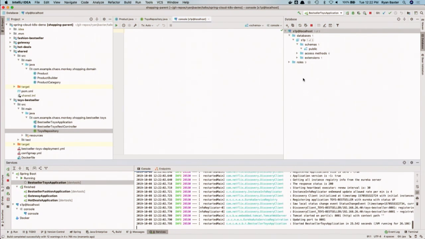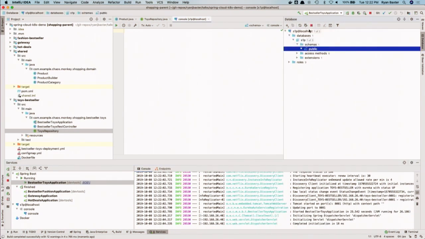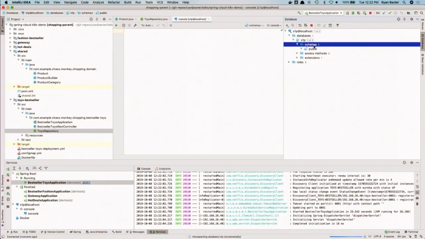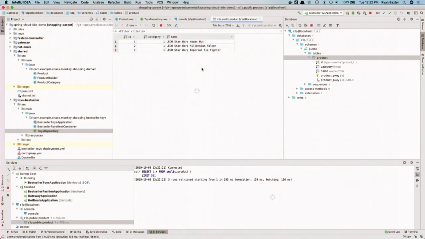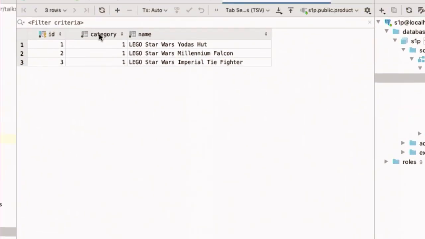Then we can just refresh the schema. Let's hope the network is working. All right, and then we have the product table as expected. So my application is still running on my laptop.